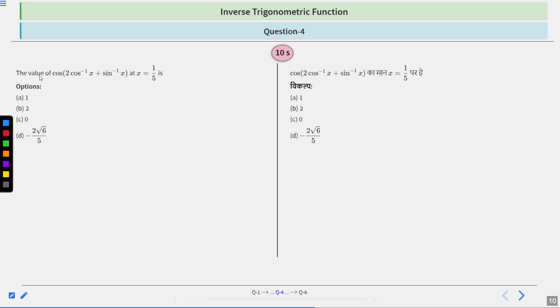So, what can we do? We know that, see, the hint of this question is, we know that the value of sin inverse x plus cos inverse x is pi by 2, right? So after putting the value of sin inverse x plus cos inverse x as pi by 2, you can easily reach to the answer part, right? So in this way, you can try to approach this question. And after getting the value of this expression in terms of x, you can put the value of x equal to 1 by 5. Clear? So you have 10 seconds to solve or think about this question. After 10 seconds, we will discuss the solution, right?